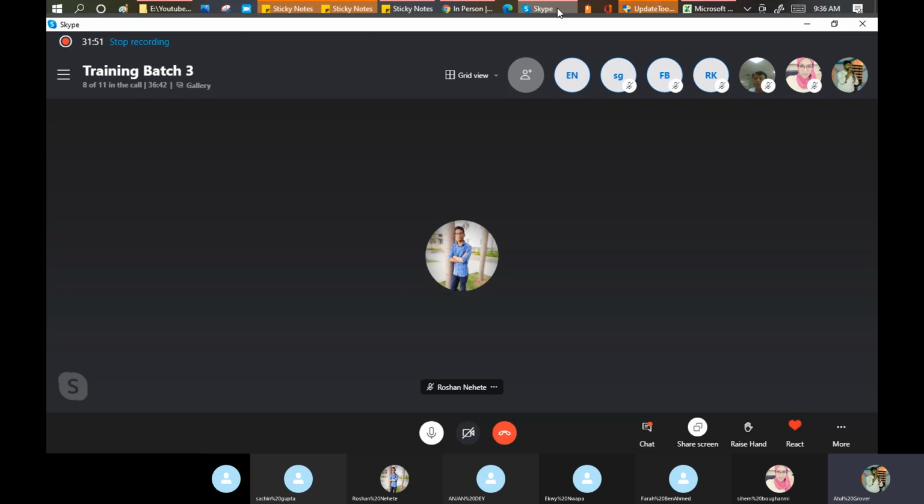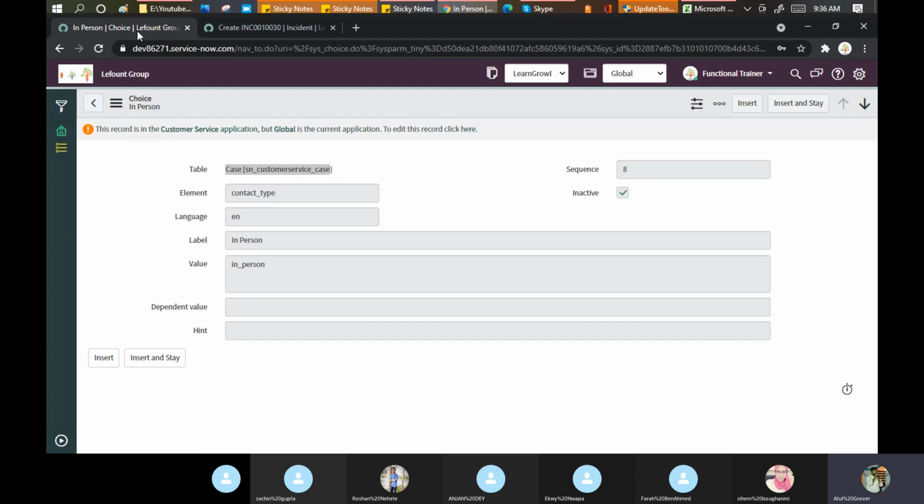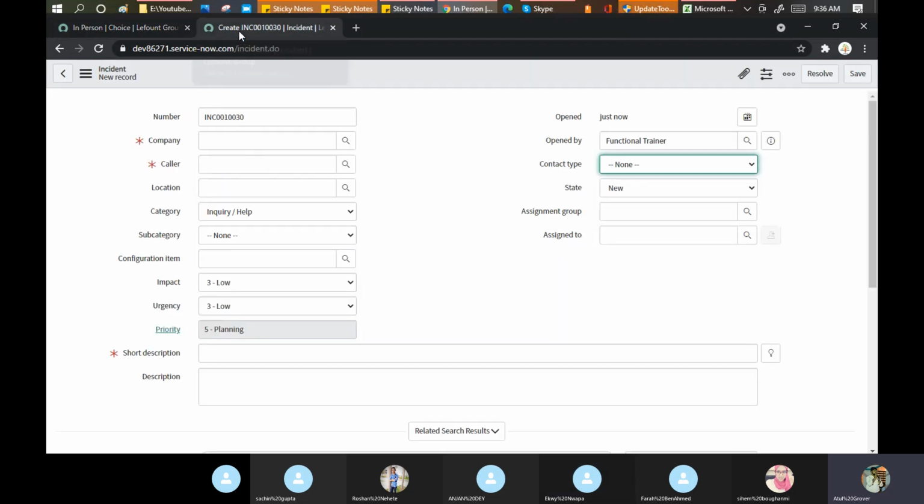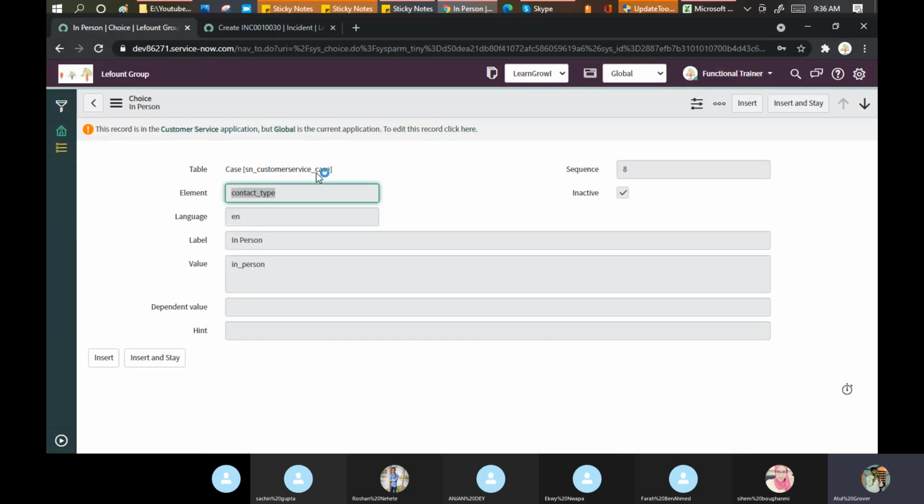Now, if you think from the ServiceNow perspective, did you guys notice this point? I have one field called contact type, which I am using on the incident table, right? But this field has been utilized by another module, customer service management, as well.